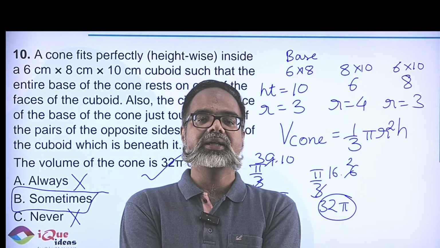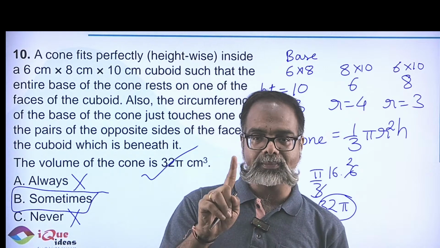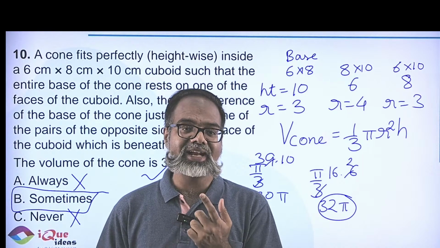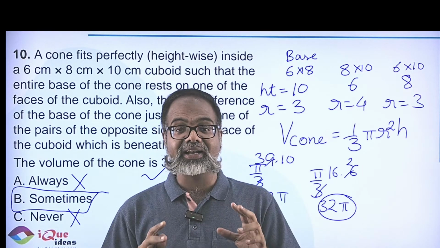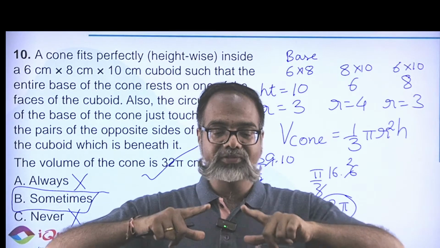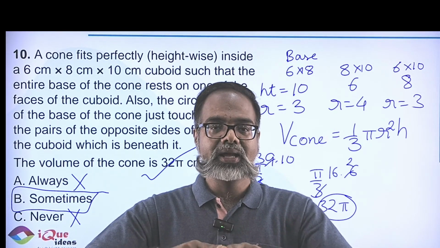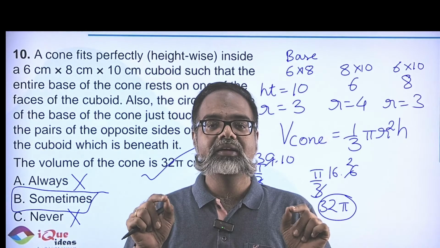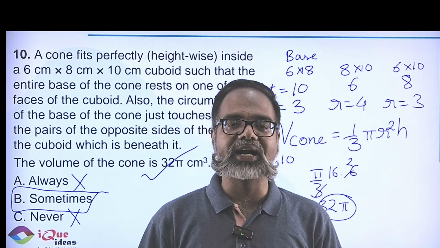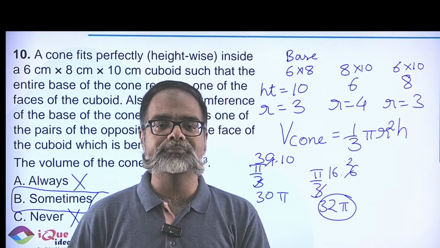So again, a very, very beautiful question where what you needed to understand is, one, of course, the formula for the volume of a cone, but second, the construction of the figure. And the fact that in the base, where it is not a square, it is a rectangle, and if the cone is completely contained inside that rectangle, then the diameter of that circle will be the smaller of the two sides. So the radius will be half of that. And of course, the third side is the height. So if you are able to work out that fundamental in your mind, this question is absolutely easy to solve, right?